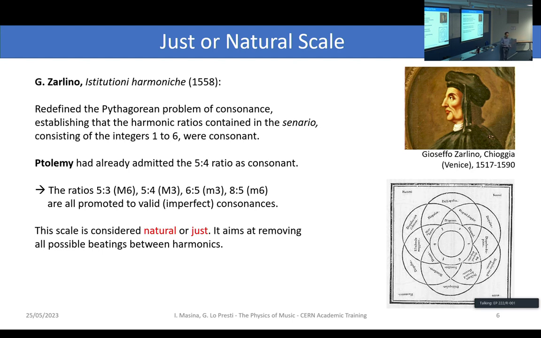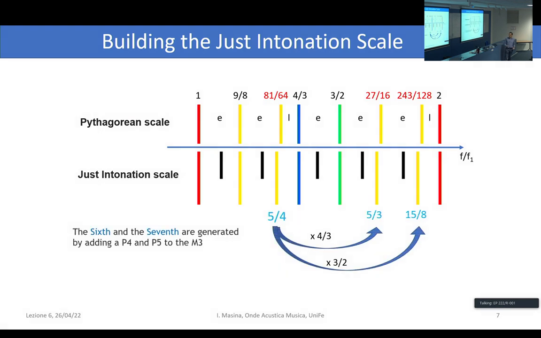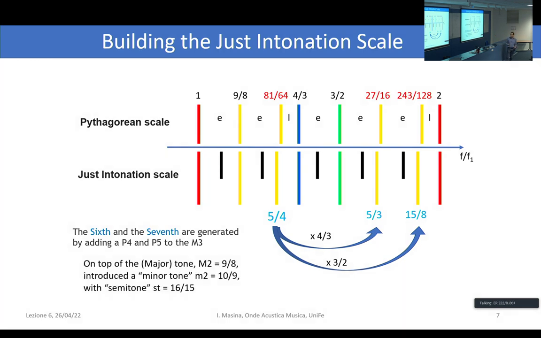I mean, it's really just a choice in the end of the day. So the choice was, let's use all of those. What happens when we use all of those? Well, then we create a new scale. So we start from the Pythagorean scale, and we fix the numbers that are actually the most horrible ones, with new ratios that actually sound better because they are more in tune. And we use the usual mechanism of jumping by fifth or by fourth, which is an inverted fifth, to generate the missing intervals. So once we do that, of course, we end up with kind of a little bit messed